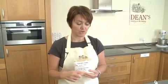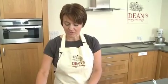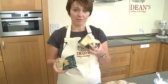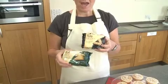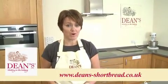Now, I mentioned already we're using the crumbs within the streusel topping, which I know you can only just buy in our shop here in Huntly. But if you want to make these at home, then you'll need some shortbread crumbs. So buy a pack of our shortbread, crumb it up and use it to make the streusel topping. These packets of shortbread are widely available in supermarkets, but if you can't find them, you can always buy online